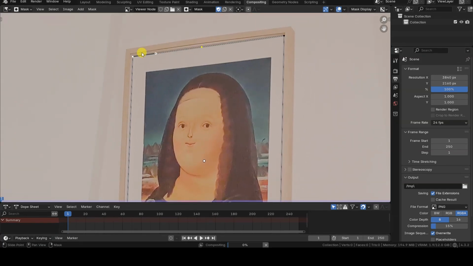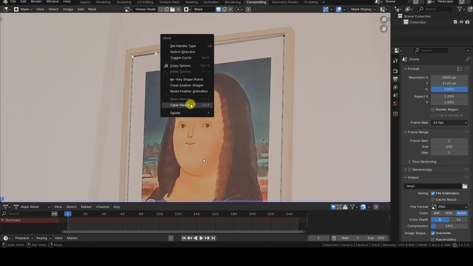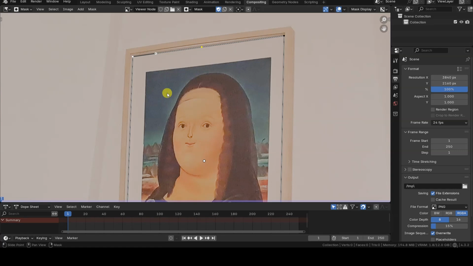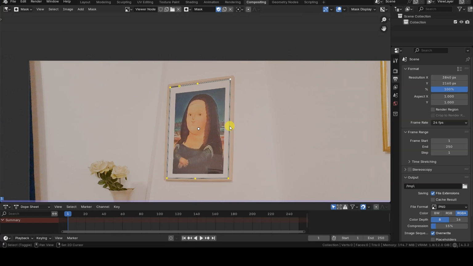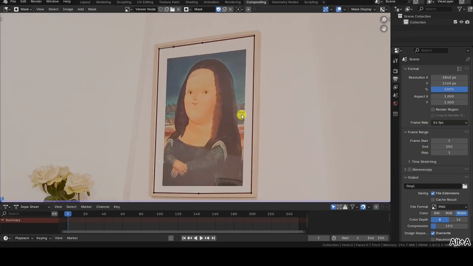In any case, deleting one or more selected control points is done using the X or Delete key. There's also an entry for this in the context menu, accessible with a right-click. As for selection tools for a mask, I'll specifically mention the L key, which stands for linked. This allows you to select all control points connected to the currently selected control point. This tool is especially useful when multiple masks are overlapping, as we're about to see.